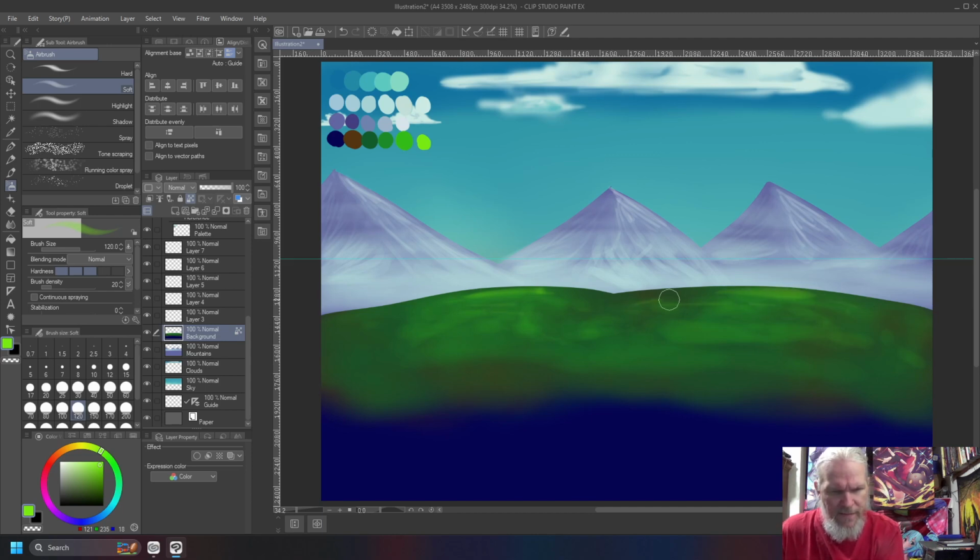Finally, we have something approximating a grassy field. Now, I want these to be kind of wide and thin and narrow, because